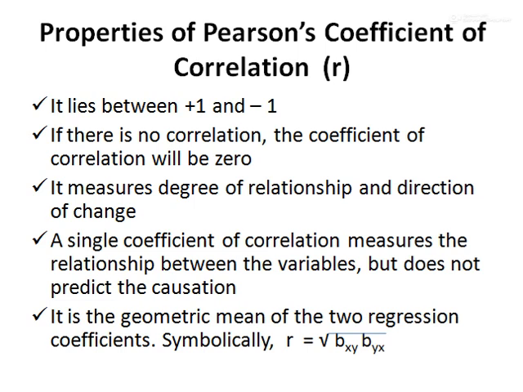The fourth one is, even though the correlation coefficient measures a relationship between the variables, it does not predict causation. It explains both the degree of relationship and the direction of change, but it does not predict causation. The fifth and last one is, Pearson's coefficient of correlation is the geometric mean of the two regression